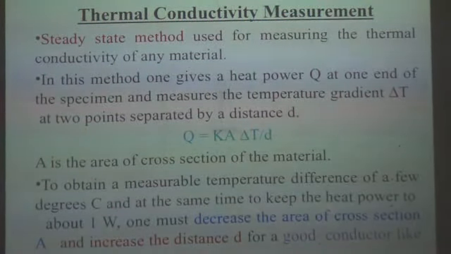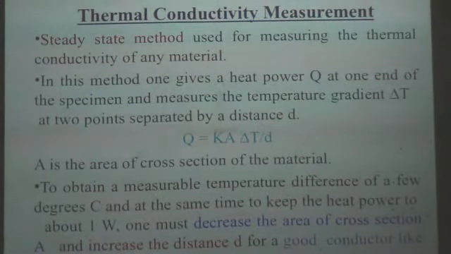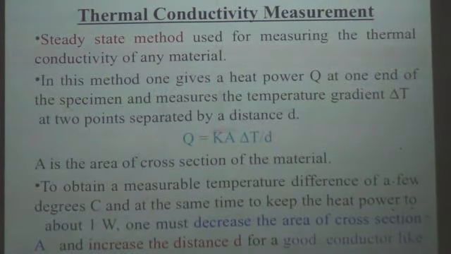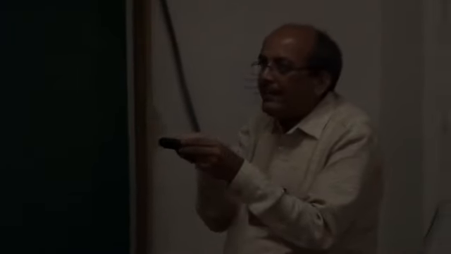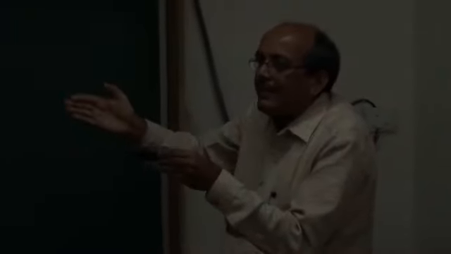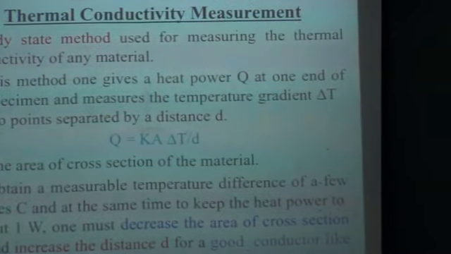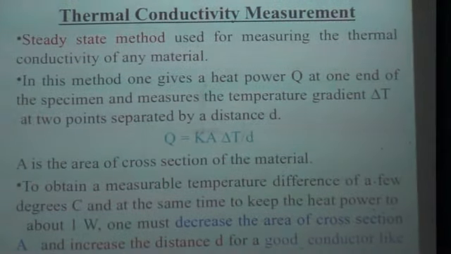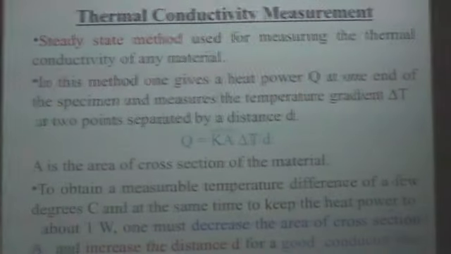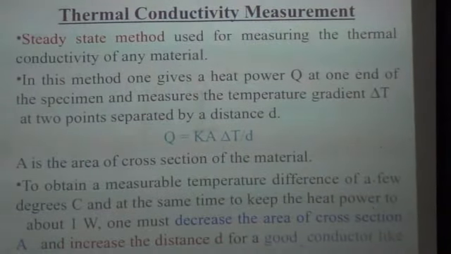So you remember that in the middle we have a heater here, we have a thermocouple on this side, we have a thermocouple on this side. So when we heat it, heat is conducted on this side also and on this side also. Suppose Q is the heat given by the heater. So we can make use of the formula Q is equal to I square R to find out the heat, because the resistance of the heater, 22 ohm, is known to us. The current that we are passing through the heater is also known to us.